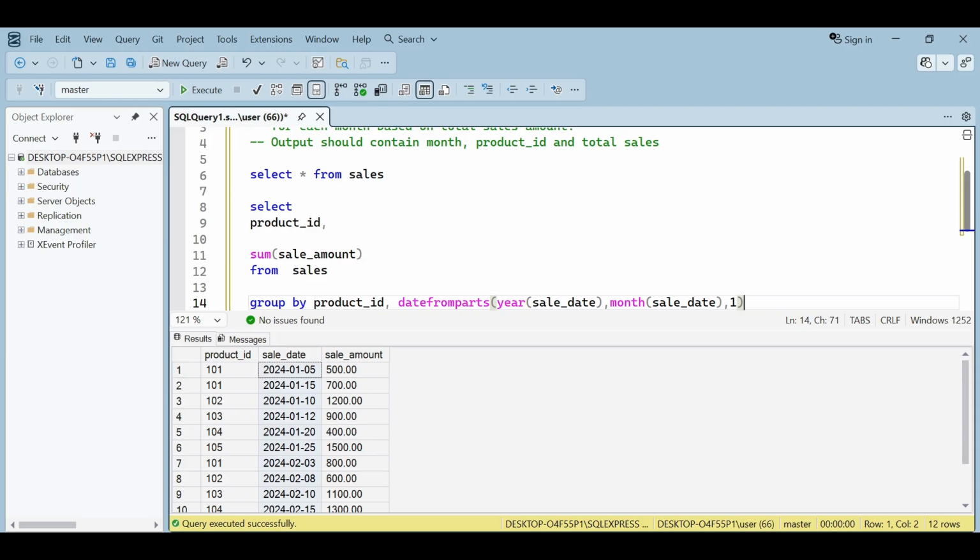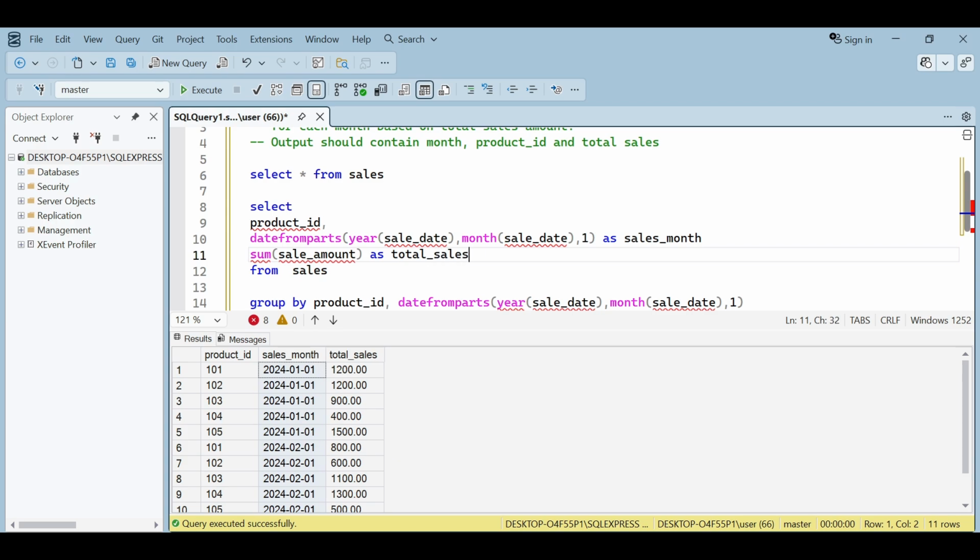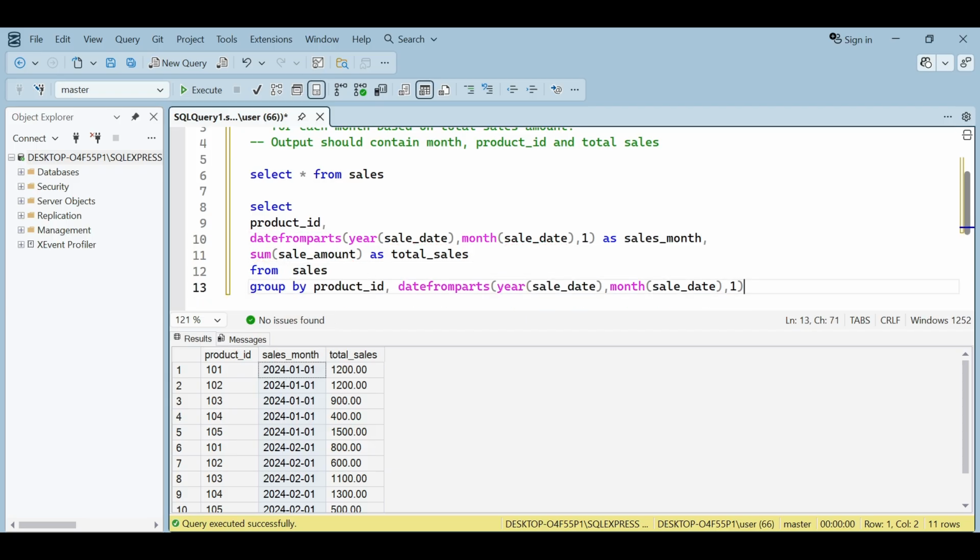So I'll just copy this and put it here, and we will call it sales month. And this we will call total sales, and we will put a comma here. So now if we run this query,